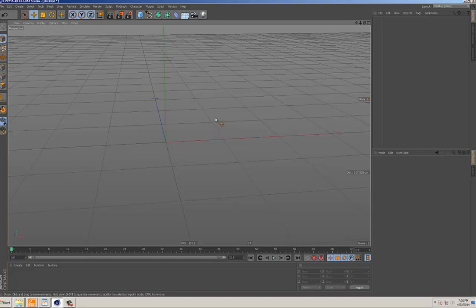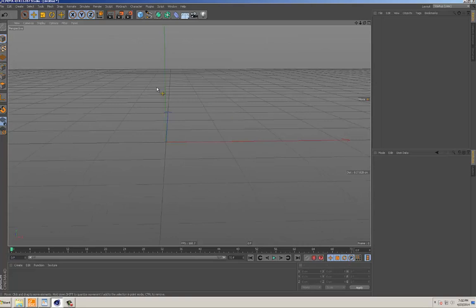fly around. This thing that we're looking at here is called the viewport, and this is what you use to look at your imagery and everything that's going on in the 3D world. To do this, you're going to want a 3-button mouse. You can do it without one, but it's the easiest and fastest way to use a 3-button mouse. And the key you're going to want to use on your keyboard all the time